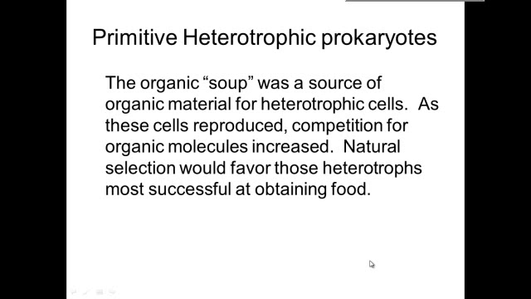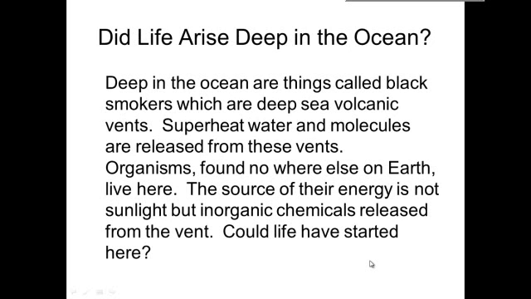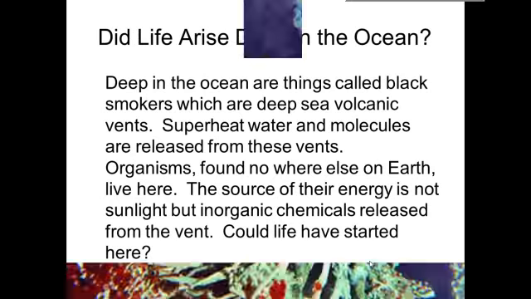Then the bacteria that did evolve that could make their own food, basically the photosynthetic bacteria, had a distinct advantage and were able to outcompete, in a way, the bacteria that had to find their own food sources. So there was a definite advantage. Like I said, they think they probably evolved around these deep sea vents.